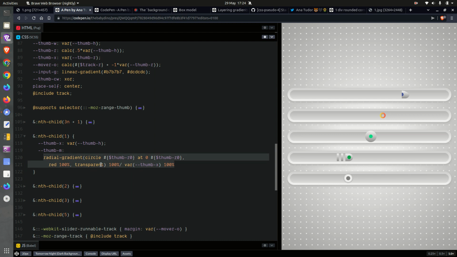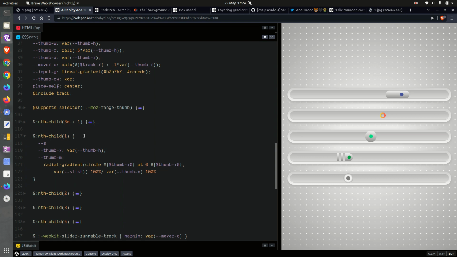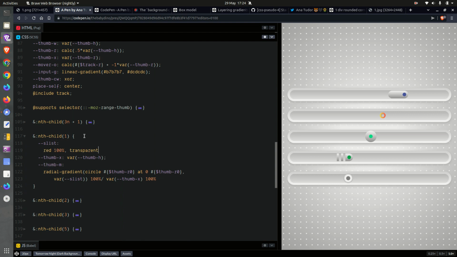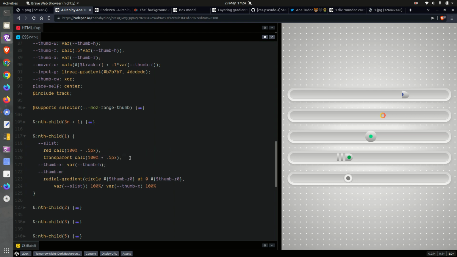But yeah, now one thing here, we have that jagged edge, which I don't like, so we are going to make things better, because we're going to need that for the next radial gradient as well, so might as well. So something like that, but there we're going to have 100%, and it's going to be calc minus 0.5 pixels, and we're going to take this calc and use it for the transparent as well, except it's going to be with plus, right? Okay,